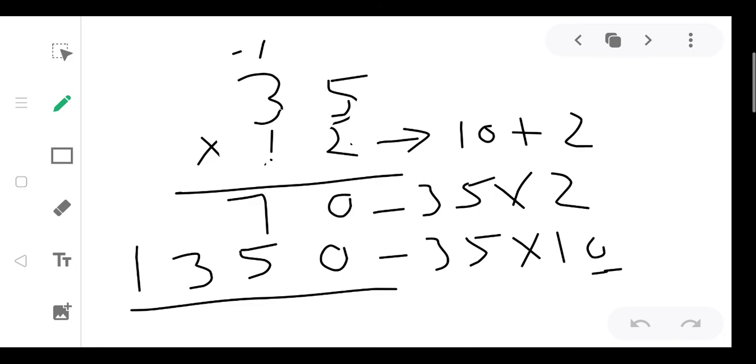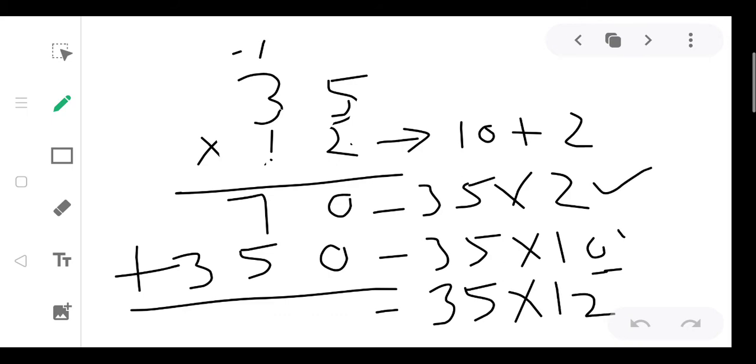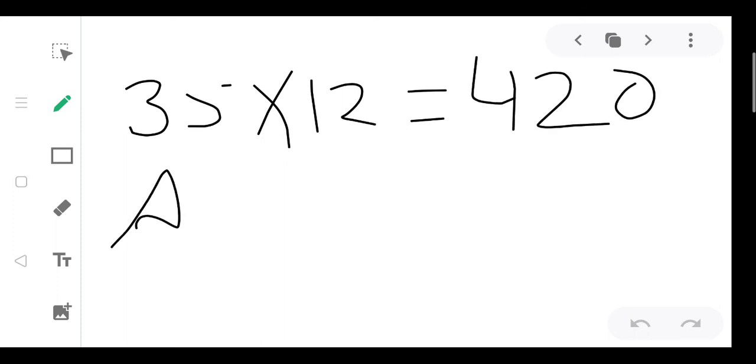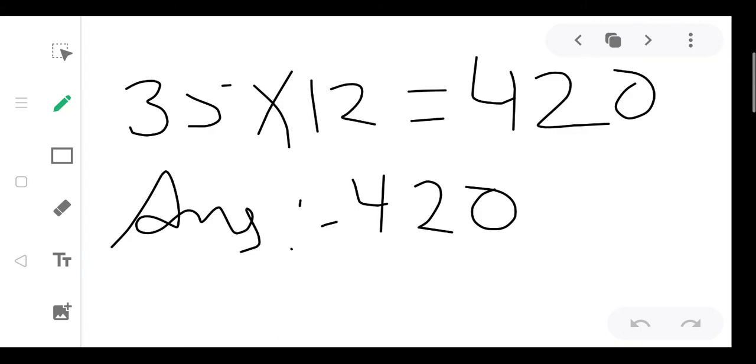So in this 0 place I will put 0, and now we will read the table of 1 up to 5. 1 5 is 5, 1 3 is 3. Now you will add it. Then it becomes the answer of 35 multiplied by 12. 35 multiplied by 2, 35 multiplied by 10, 10 plus 2, 12. We will add it. 0 plus 0, 0. 7 plus 5, it is 12. 1 is carry. 3 and 1, 4. So what is our answer here? When we multiplied 35 by 12, we got our answer 420. So you will write your answer here. Our product is 420.